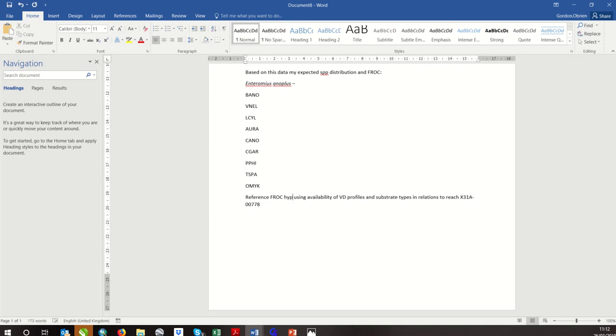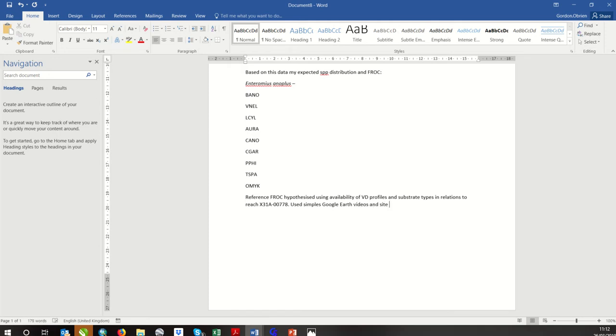I'm going to say hypothesize. Can you see that? So I hypothesize that this is what it is, based on substrate types in relation to reach. Used simple Google Earth videos